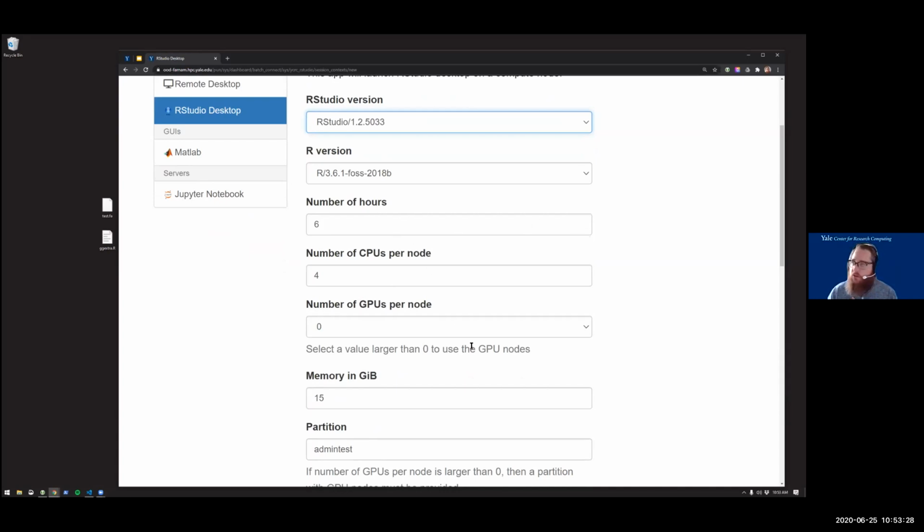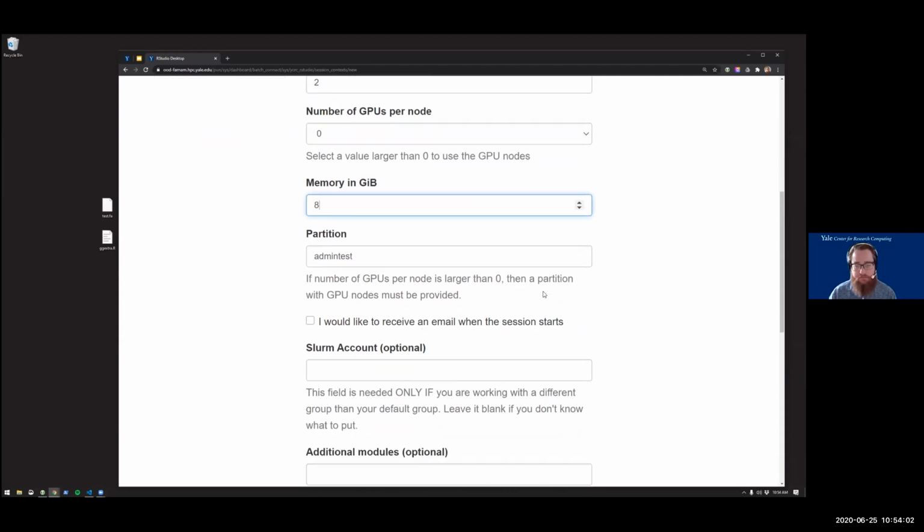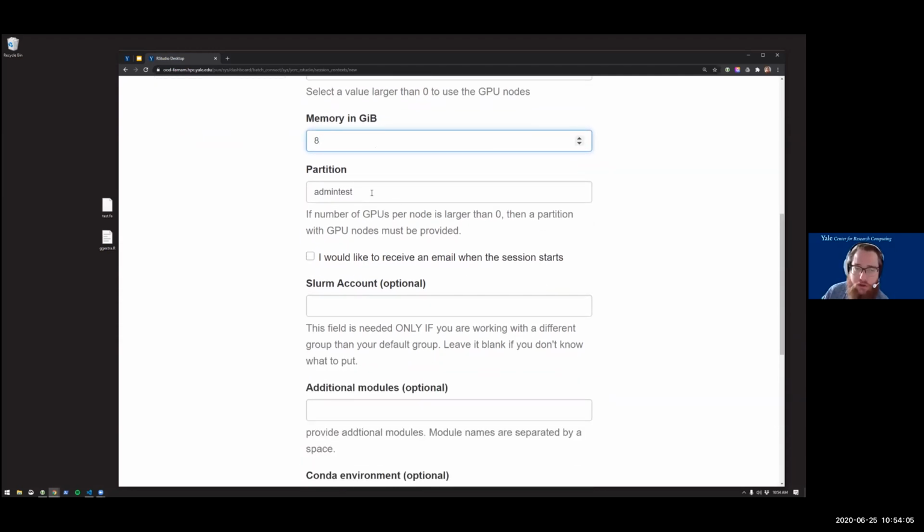And then you have to make some decisions about what kinds of resource requests your job needs. Typically, you won't need more than a few hours to install your libraries, so maybe I would just say 2 here. Number of CPUs, maybe I need 1 or 2, so I'll leave that there. I don't need any GPUs for this job, so I'm going to leave that at 0. And my laptop that installed it fine has 8, so I don't need more than 8 gigabytes of memory or RAM. And the partition that you should use if you're not me is called interactive.